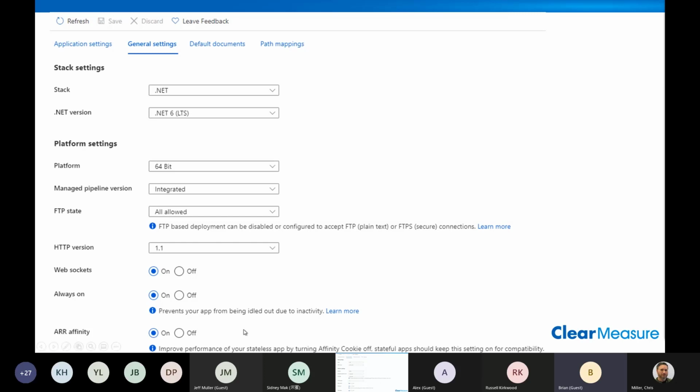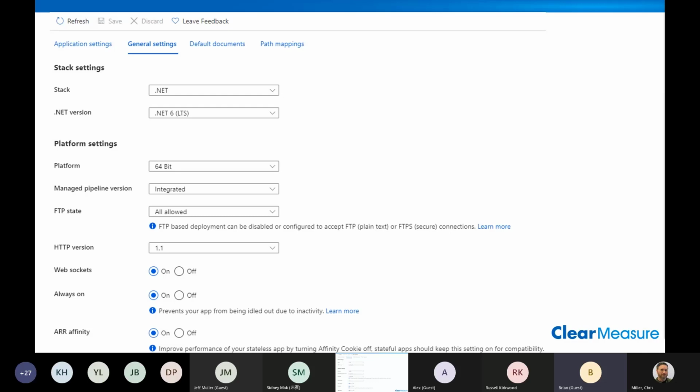Oh, by the way, if you miss that setting and you start scaling up your environment or scaling out your environment horizontally, and you go to the web farm configuration by having more than one instance to your hosting plan, then that's when you're going to find some bugs, because the load balancer is going to be sending your user to multiple different instances, and the memory will be on server A, but then you got routed to server B, and it just starts sending the user back to the home screen.